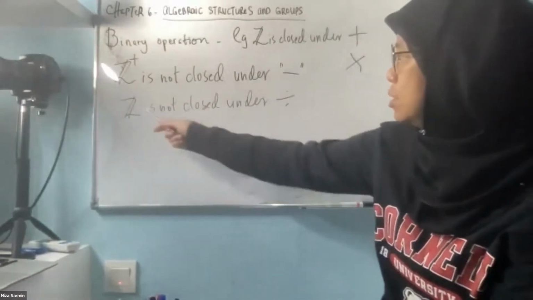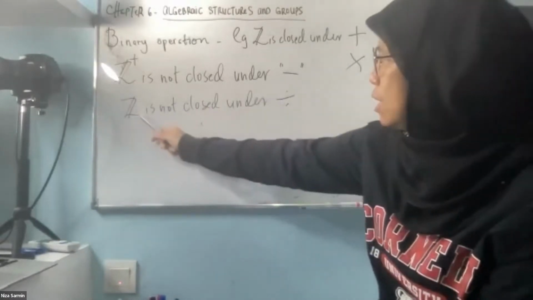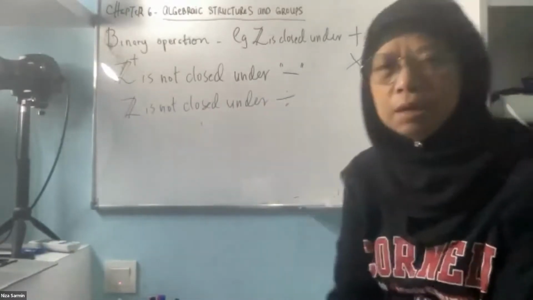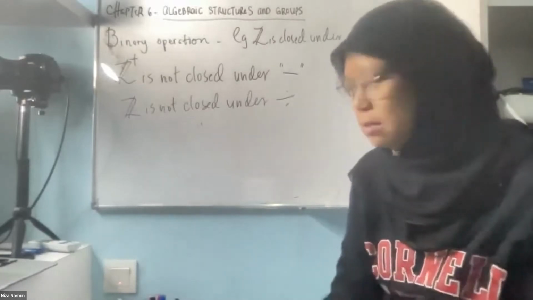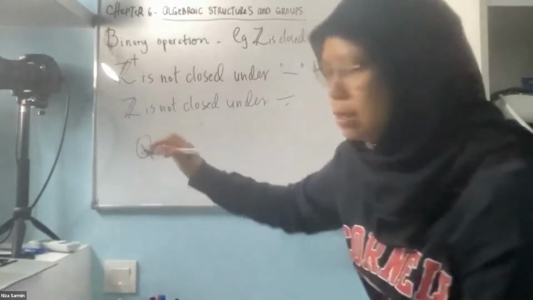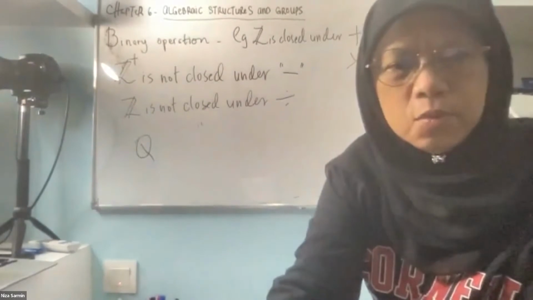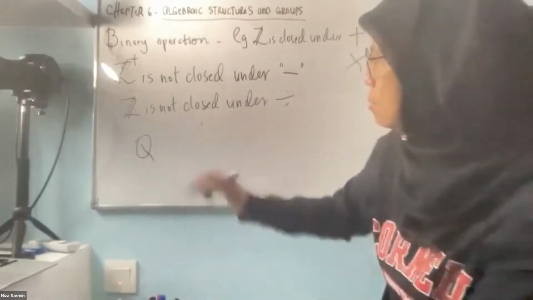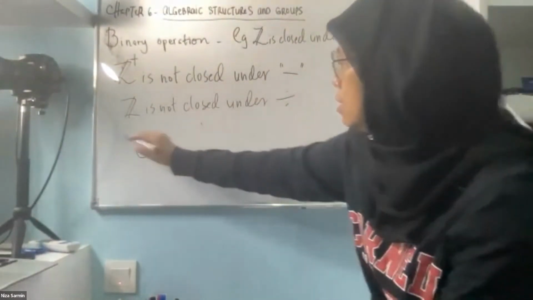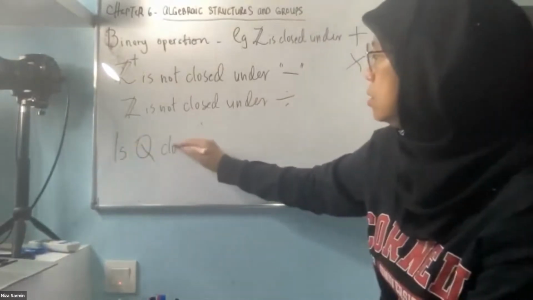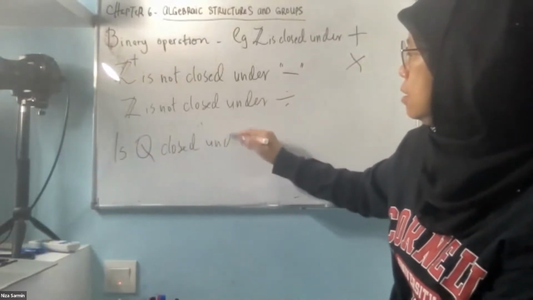Sometimes it's not closed under this, for Z under division, but this question just now, go give me one, right? Go. What about this? Is Q closed under